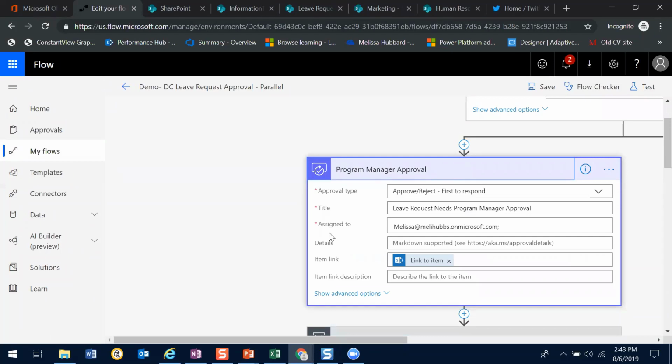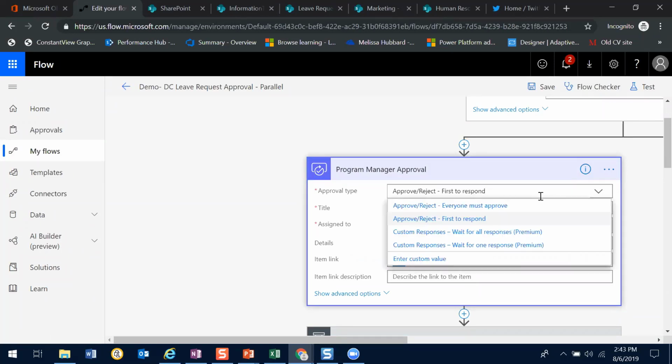So here's an approval action. So approval type, first to respond, everyone must approve. And see, this is a premium feature. If I was to select one of these, I would need to have a different license than what is standard with Office 365. But I could have to wait for all responses or just wait for one response, and that's